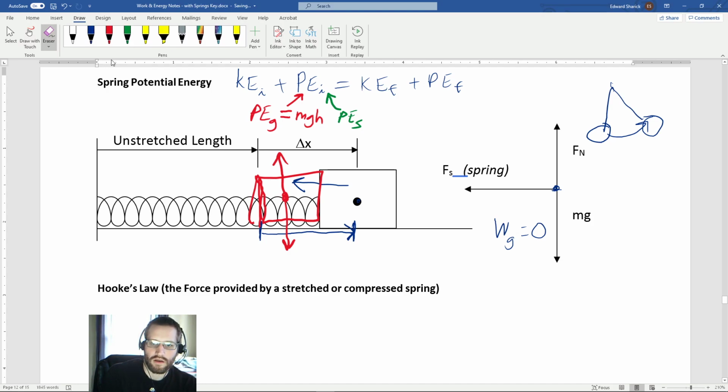So it had an acceleration here, but its velocity was 0. So it began to accelerate to the left. Here, its velocity would be some number, and it would have an acceleration of 0. And then it's going to continue, and as the spring compresses, let's say to a third point here,